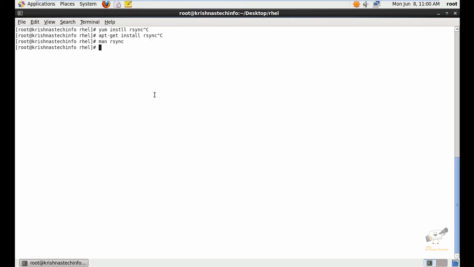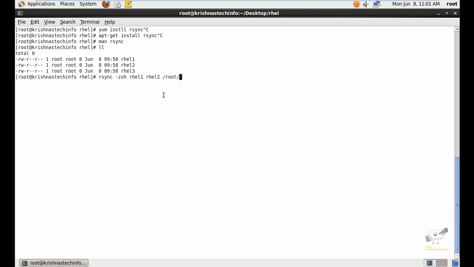First we can see how to copy a file or directory locally. Here I have created 3 files, rel1, rel2, rel3. I am just going to transfer them. You can use the option -zvh and we can transfer rel1 and rel2. So we add the source file first and next the destination directory.